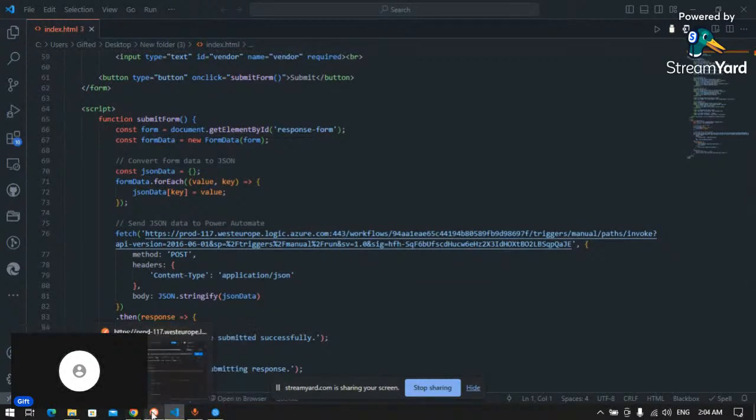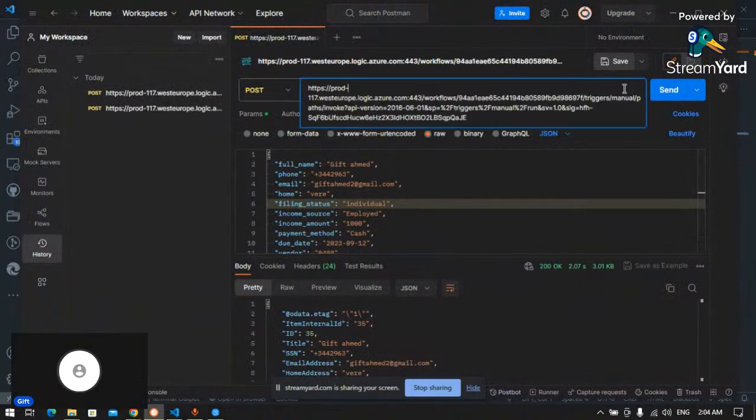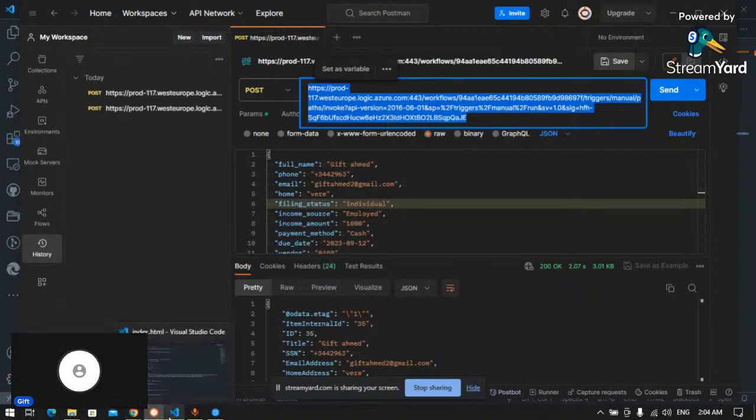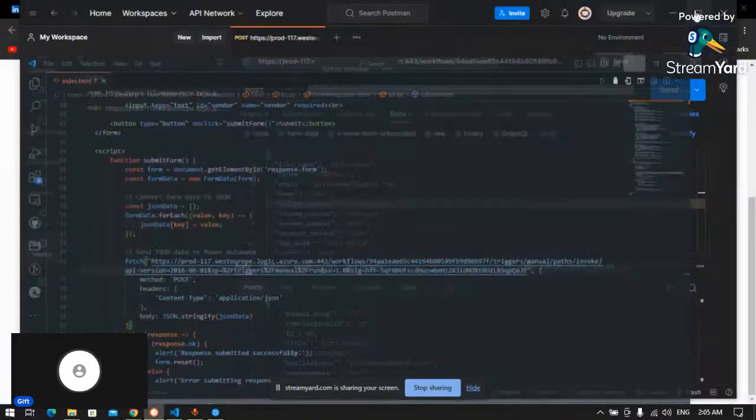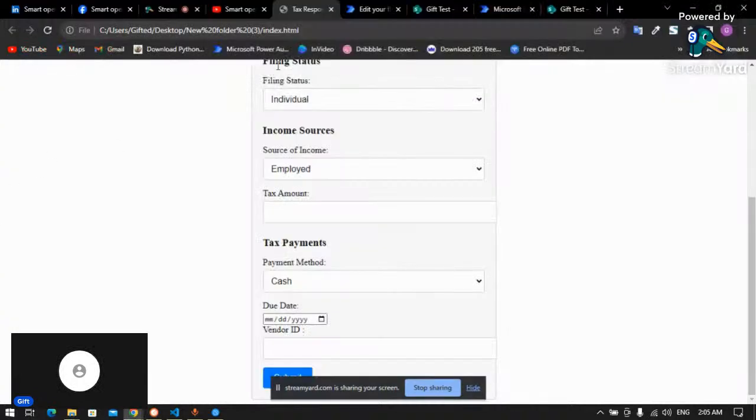So if I come to Postman and I grab this exact URL, I copy it, Control and C on my keyboard, and I come to the source code here and I try to paste it in here. Now I can save that. Now, once I come back to my URL here and